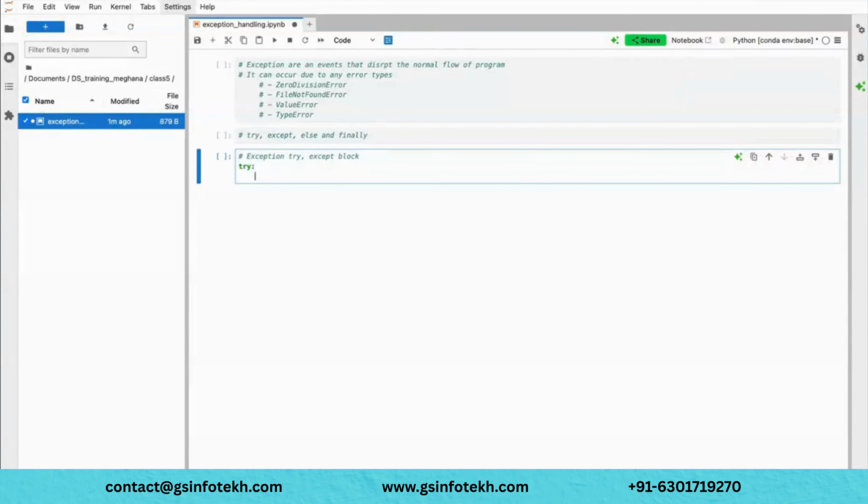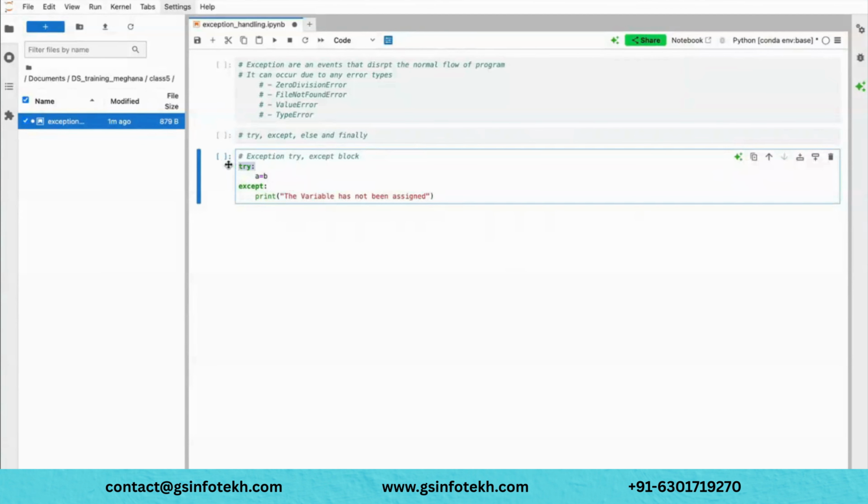Whatever the code, first I will write some sample code and I will explain it later. I am writing something like this. Now if I write like this, what exactly is happening here?